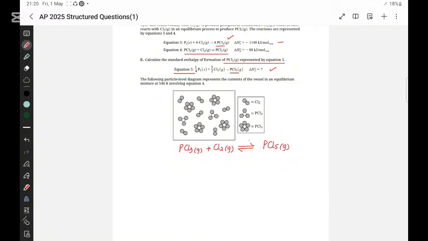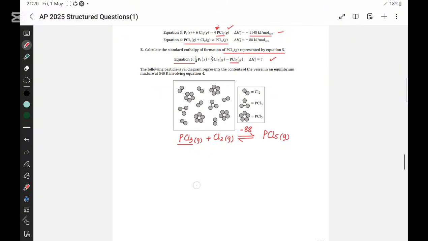And enthalpy of reaction, enthalpy of formation is minus 88. So I am going to apply Hess law. So if you see PCl3, 4 moles of PCl3 are forming, but for enthalpy of formation we have only 1 mole. So if 4 moles are there and we have 1 mole here, so in order to apply this one